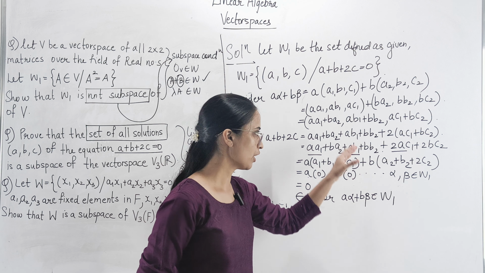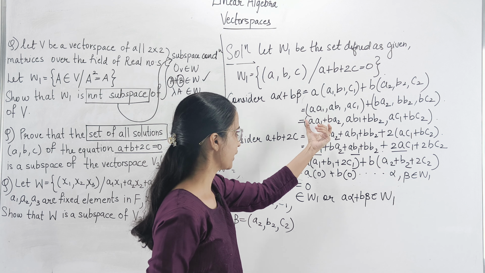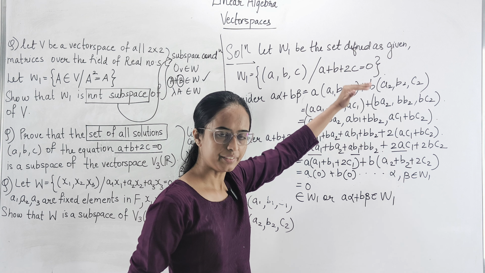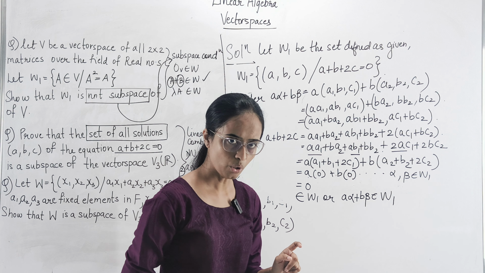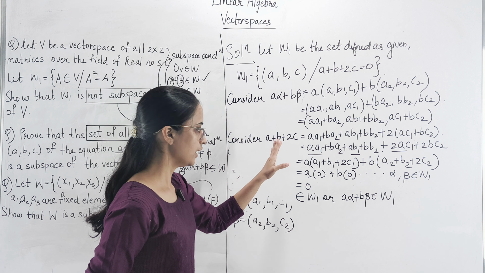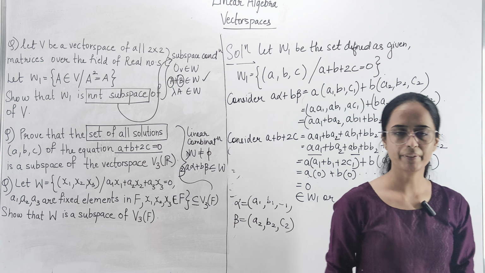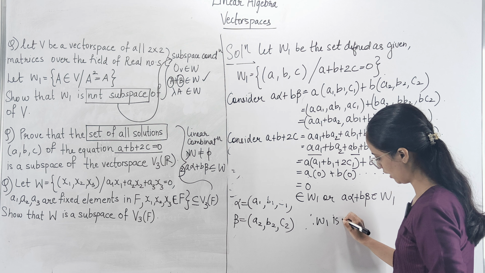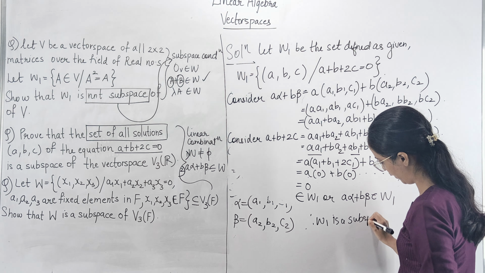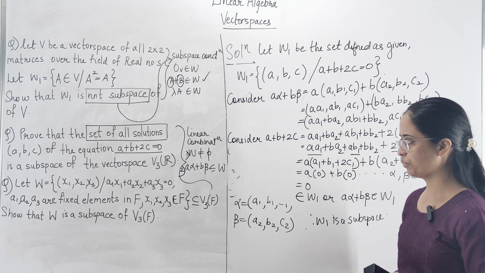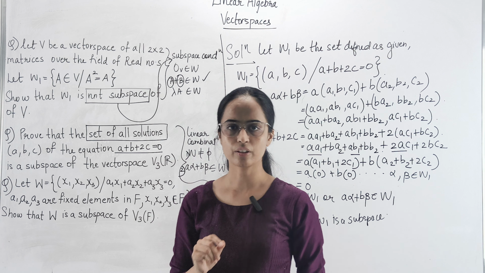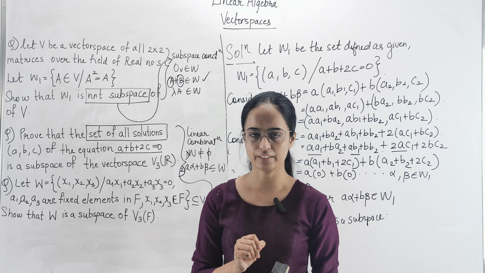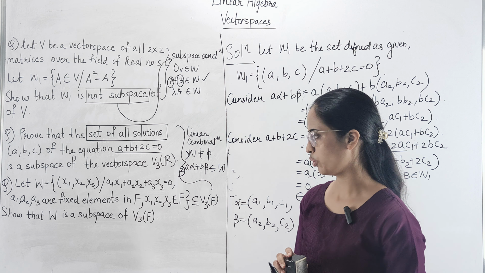a alpha plus b beta को जब हम सिंप्लीफाई करते हैं सॉल्व करके, तो हम लोग को ये मिलता है, और हम लोगों ने देखा that this particular tuple does satisfy the conditions for w1, and hence I can say that the linear combination of a alpha plus b beta belongs to w1, and therefore w1 is a subspace of the given vector space. So this is how you would be using the method of linear combination to prove that any given set is a subspace of a vector space over a field.